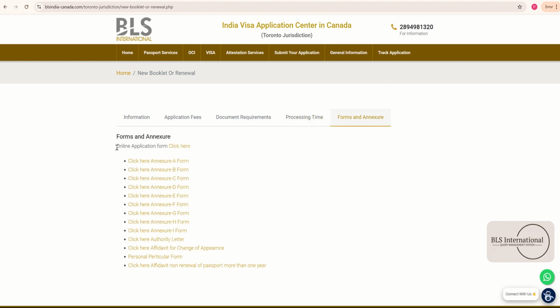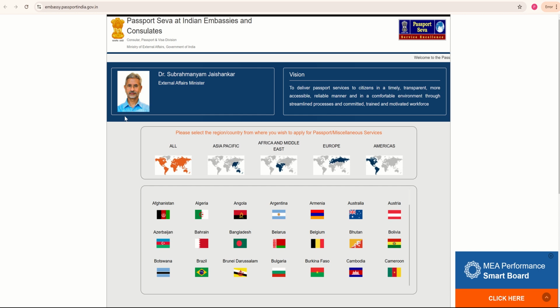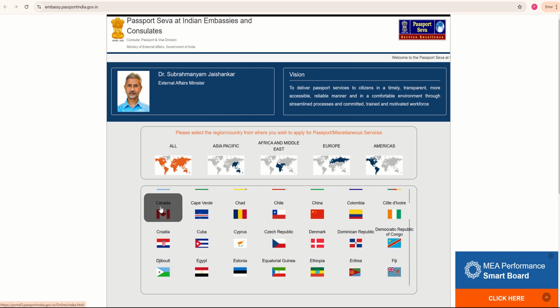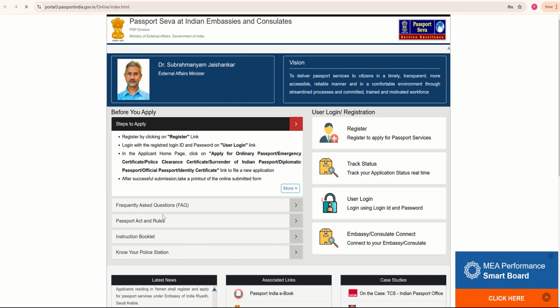Now what we have to do in order to submit the application is fill the online application. You can simply click here and it will take you to the Passport Seva website for the Indian Embassy. Now you can choose the country where you are located. Here we are located in Canada, so I'll simply choose Canada. Then you can